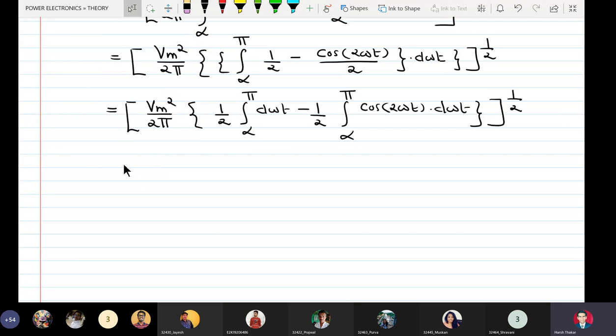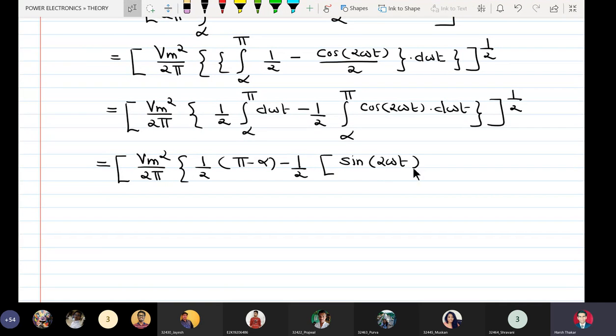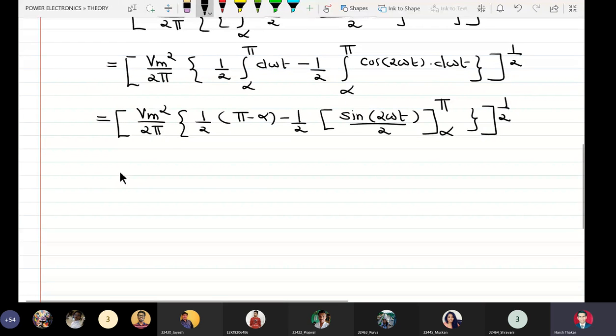So integration of cos is sine, so we get equal to Vm square upon 2 pi, 1/2 into pi minus alpha, minus 1/2 and we have sine of 2 omega t upon 2, alpha to pi, is equal to